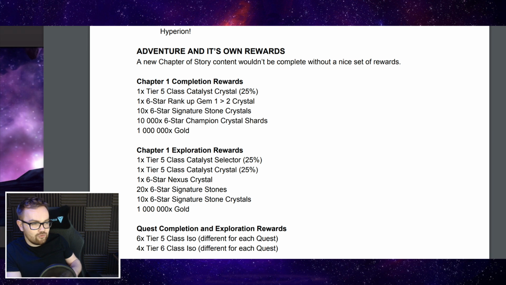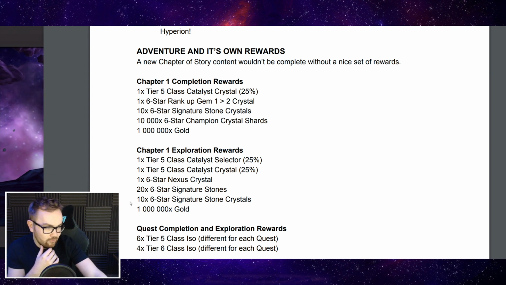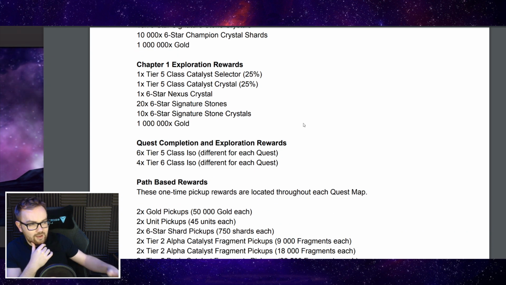And then we also have 20 6-star Sigstones, and these are generic, and also 10 random 6-star Sigstone crystals. So overall there's 46-star Sigstones, and half of them are generic, and also 1,000,000 gold on top of that. But also on top of everything else as well,